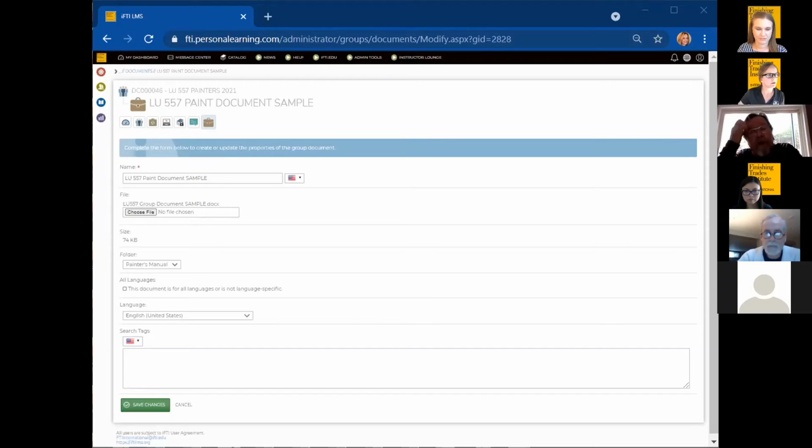Alice, I was trying to find out whether we need to add a group every time we have a class. You can, no, you don't have to create a group for every class. If you have a group for your class, you just add your members. So if you have new members coming in or adding them to a new class group, then once you add them to the group and they're assigned to that learning path, they'll automatically get those enrollments. So you don't have to create a new group every time.